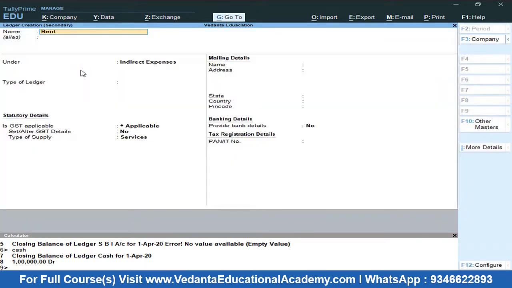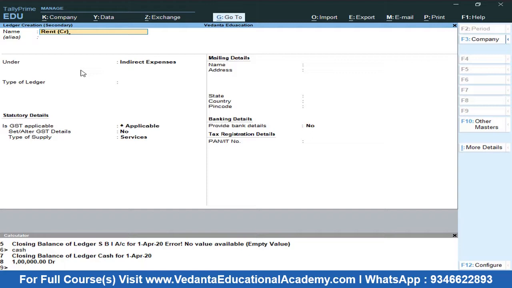For example, rent. This time with rent, we are not paying rent, we are receiving rent. So as you know, debit all expenses and credit all incomes and gains, right? So I'm going to write credit next to rent. CR indicates credit. It means for rent, we need to follow the nominal account rule.